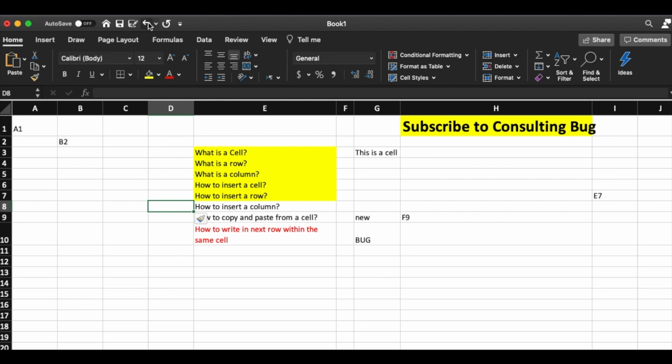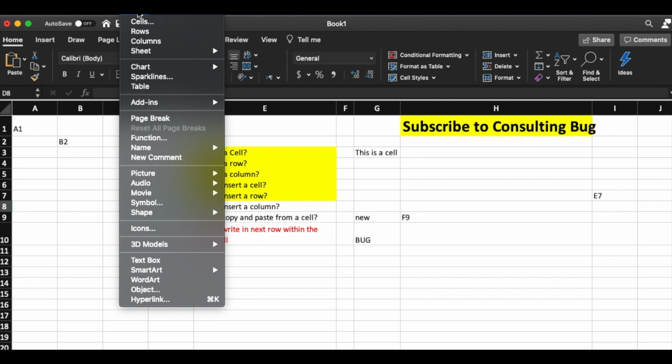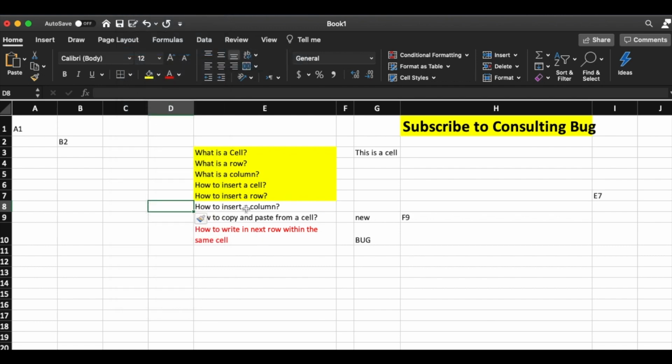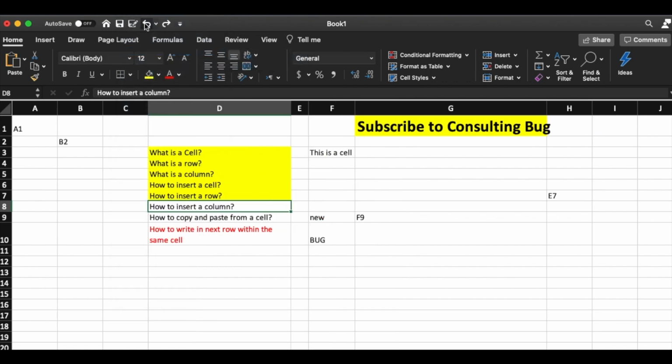Now this also has another way of insertion. In the same way like we did for a cell and a row, you can go here and then click on insert sheet columns, or you can go here, insert, and then you can insert a column here. Okay, so these are the options for insert sheet and insert chart as well, which we can do later. So let me first go back and remove the columns that I had added and then highlight this in yellow.